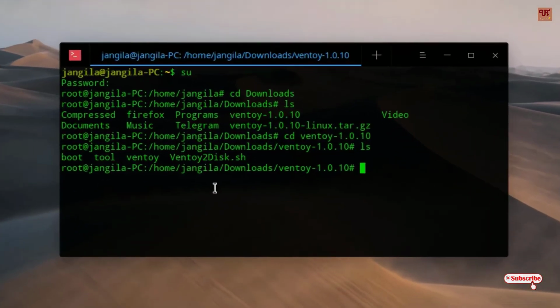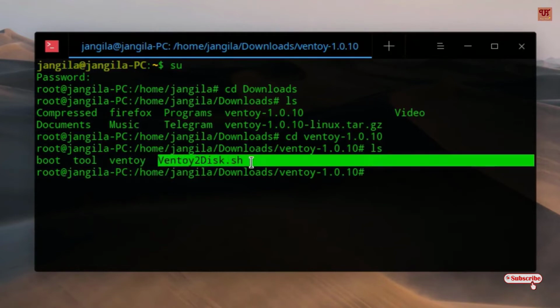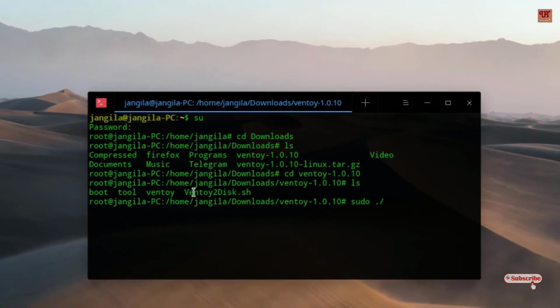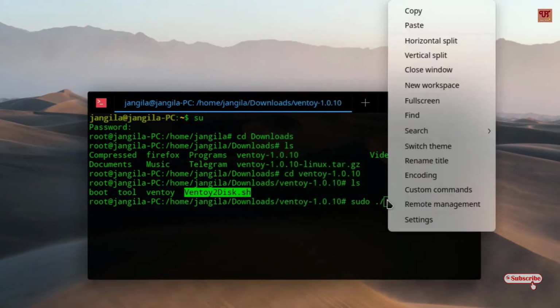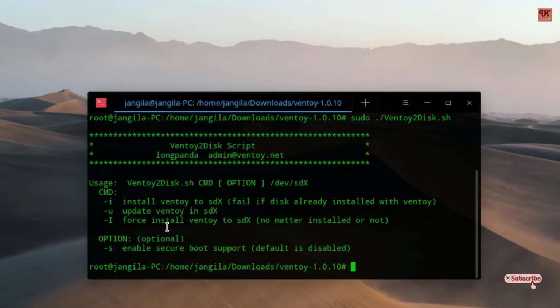What you need to do next is, you can see here the Ventoy2Disk.sh. So type sudo, dot slash, just copy this, paste it here, hit enter. It will display the command. So you can see here